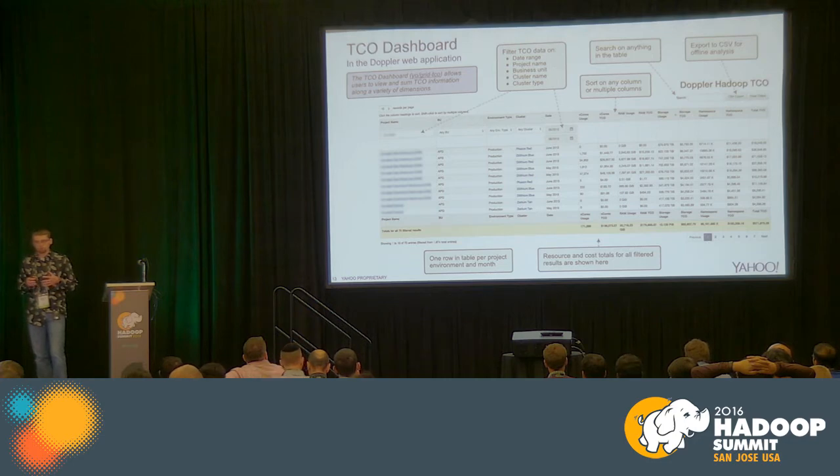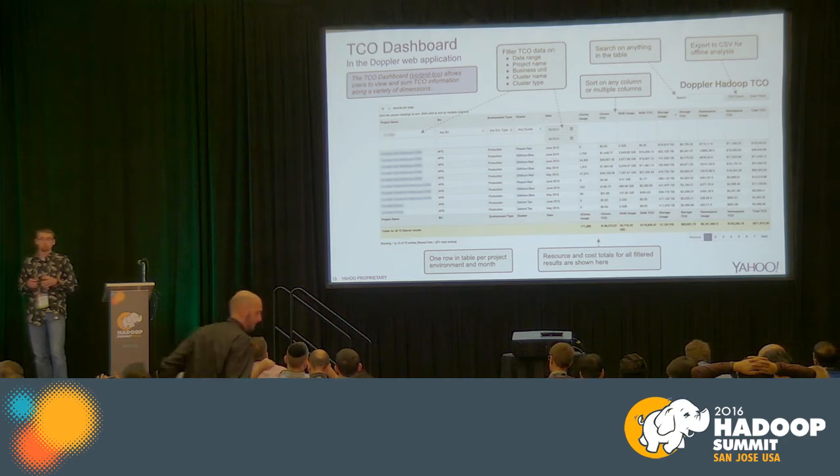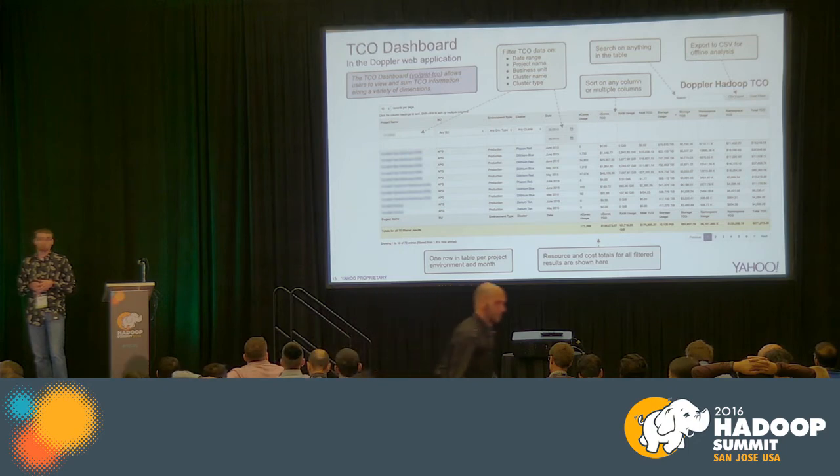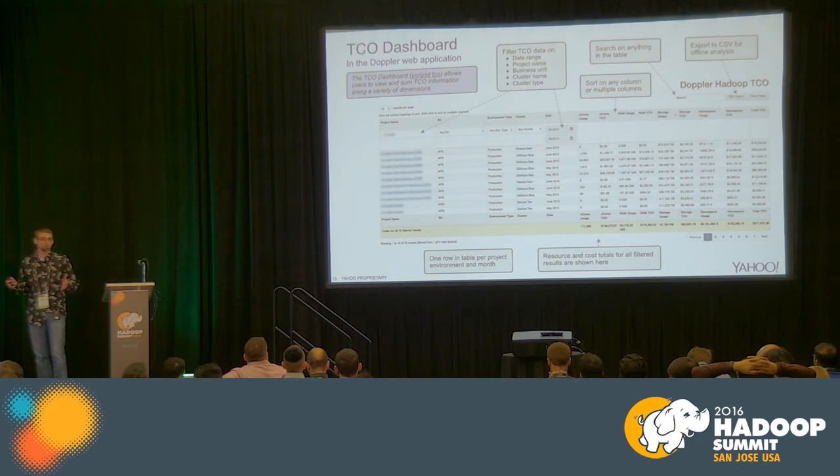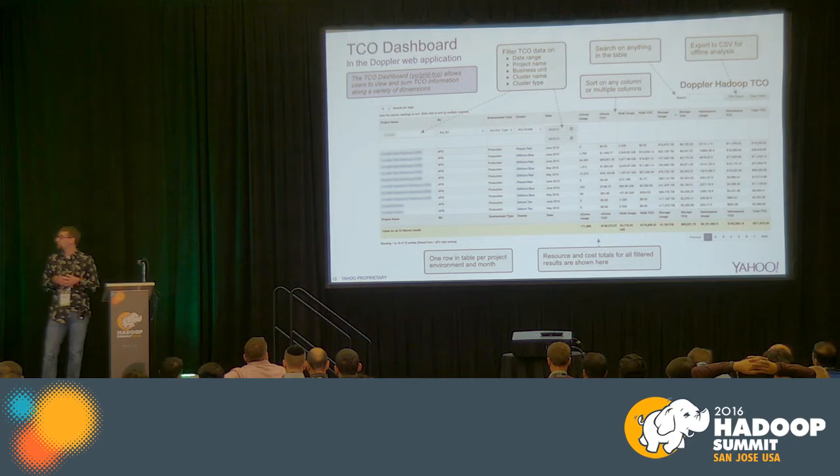So it makes it really easy to answer questions like, who was the largest consumer of disk on this particular cluster this month? Or what are the most expensive projects in the search org in Q2? Does that really jibe with what are the most profitable projects? And we sum up all those filtered results so we can also easily answer questions like, what's the total cost of the advertising org last quarter?